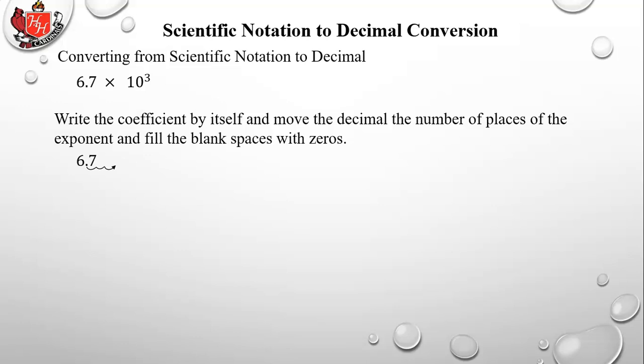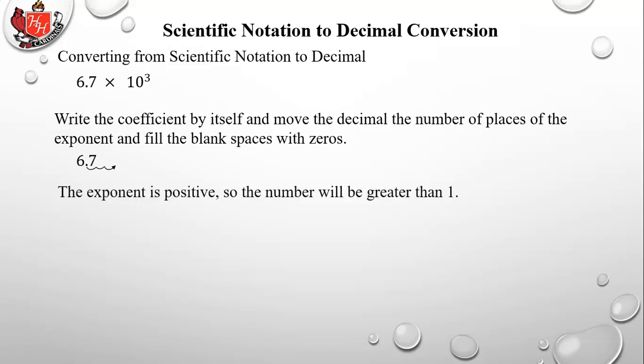Now you might ask, how do you know which way to move it, right or left? Well, 10 to the 3rd is a number greater than 1. It's 1,000. So that means you're going to move the decimal in a direction that's going to make the number bigger, not smaller than 6.7. So we're going to move it to the right. The exponent is positive, so the number will be greater than 1. So there it is,